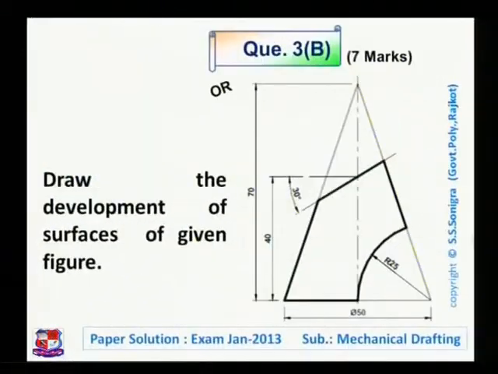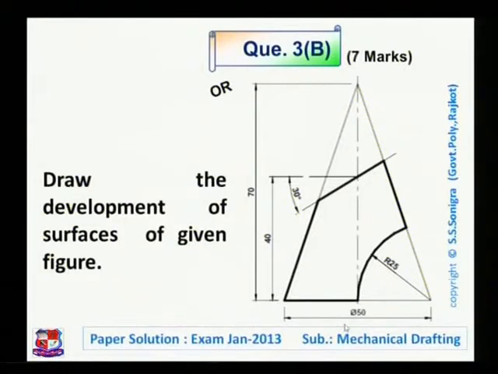Now next problem: draw the development of surfaces of the given figure. Here just this figure is given, nothing is written whether it is cone or pyramid, but here we should know